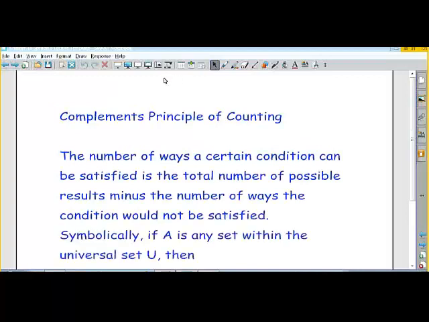So this is called the complements principle of counting. Again, this is in your book. The number of ways a certain condition can be satisfied is the total number of possible results minus the number of ways the condition would not be satisfied. Symbolically, if A is any set within the universal set, then